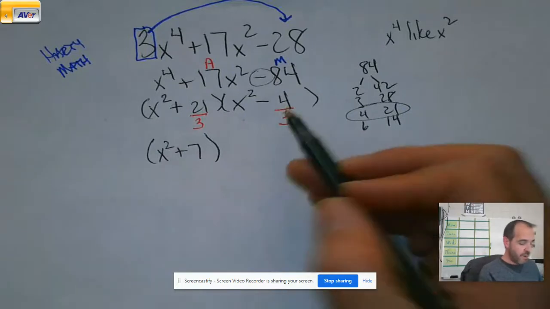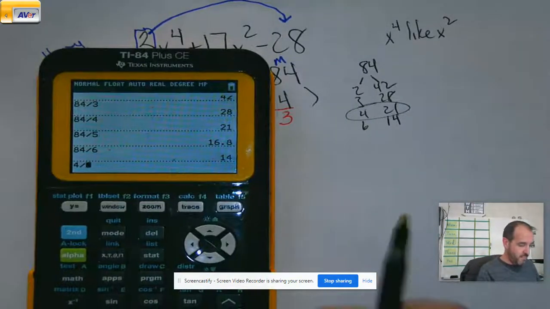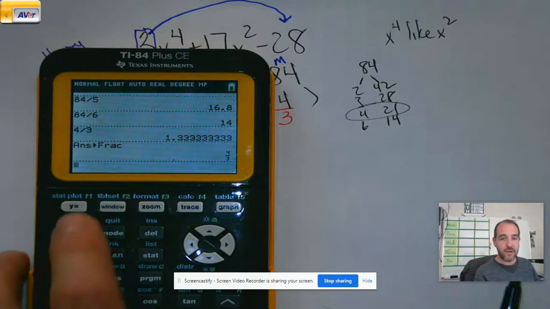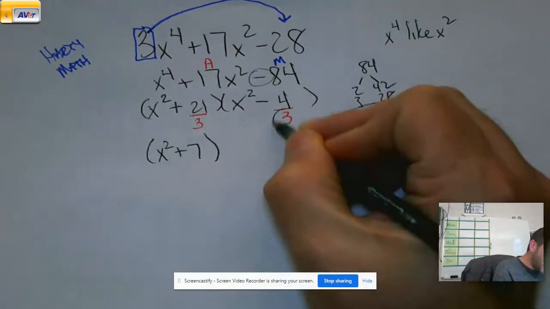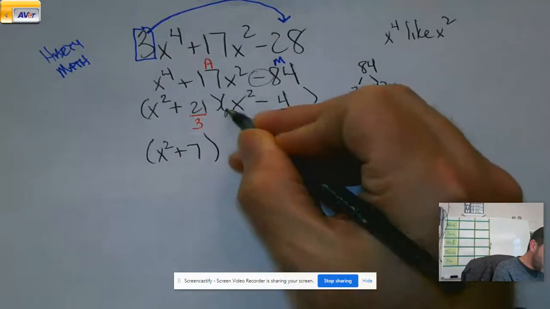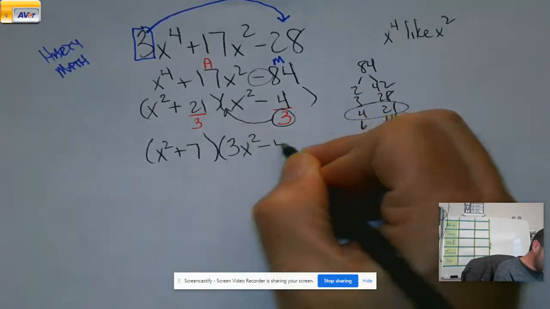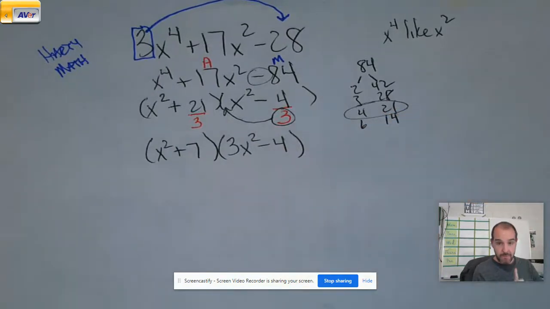If it doesn't go in nicely, 4 divided by 3, 1.33333333, math, enter, enter. I still get a fraction. I take that lead number and I swing it back to the front. Now remember, before you circle this and say it's the answer,